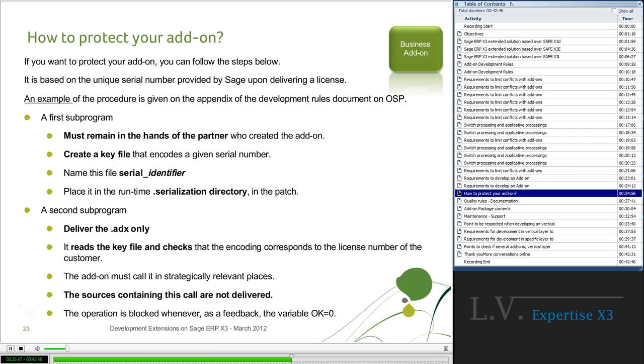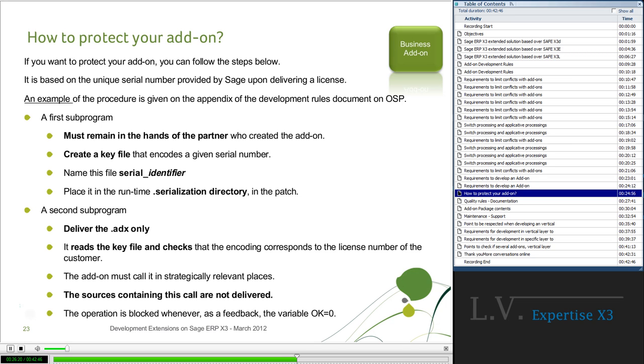In the rules, which are published in OSP, there is an appendix explaining about two subprograms and explaining how you can protect your add-on. The first subprogram, which must remain in the hands of the partner who created the add-on, enables you to create a key file that encodes a given serial number.